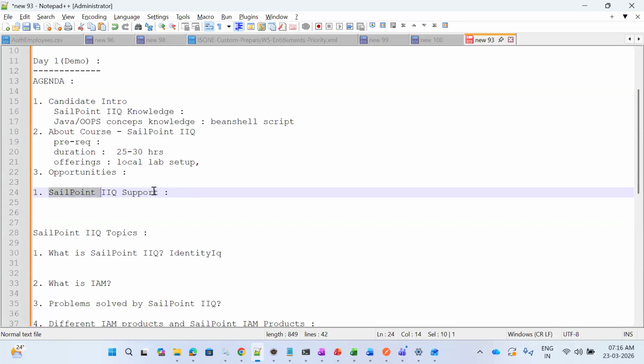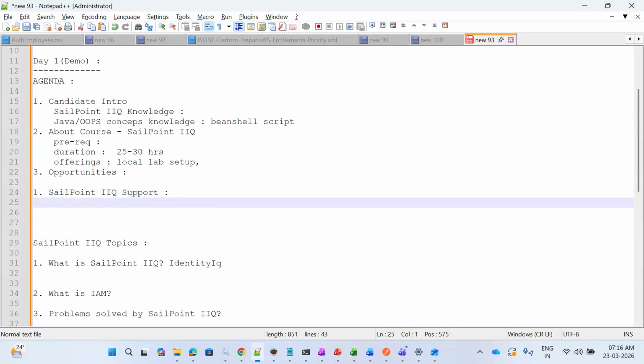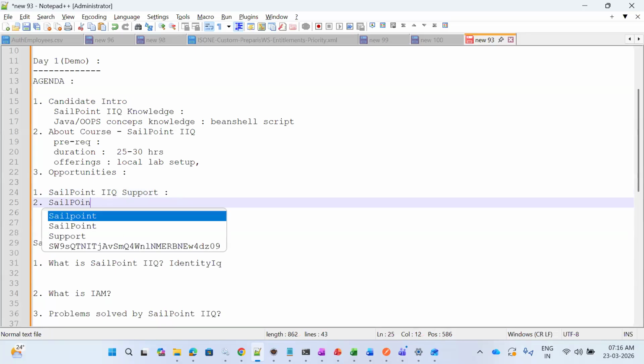So SailPoint IIQ support role is the basic one that we will be getting. Once you are into SailPoint IIQ, for doing the support role, you just need the product knowledge. So that's it. There is no coding required, no sophisticated technologies are required. Okay. So next to SailPoint IIQ support, we have